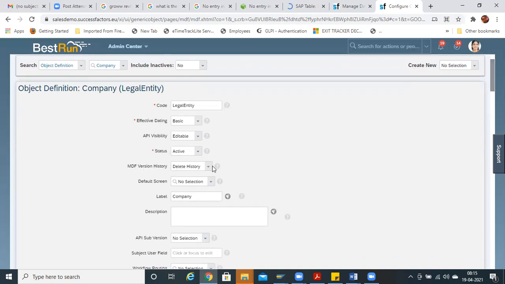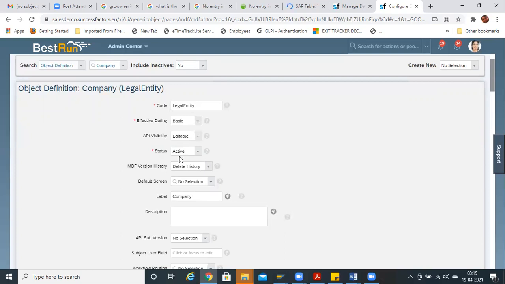And delete history. What do you mean by delete history? If, for audit purposes, the company wants to keep the complete history, you have to go here and select company complete history. Don't select it on your own. This is decided by the organization, whether to remove the history. And this is not related to the front end.